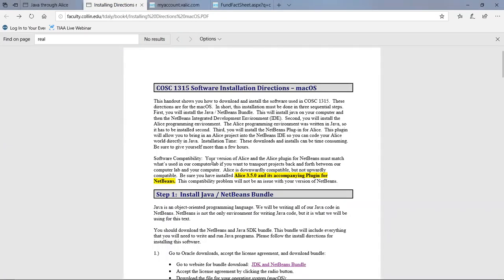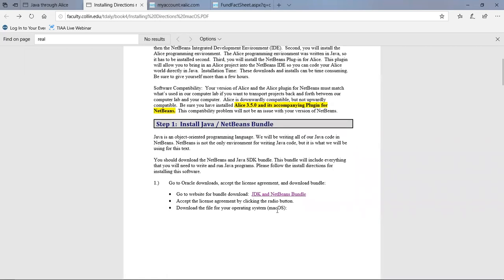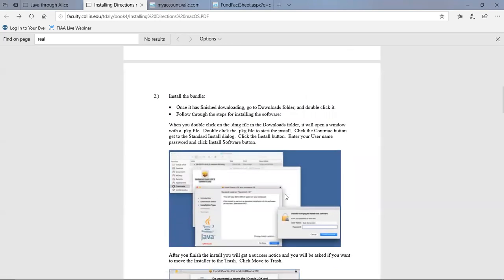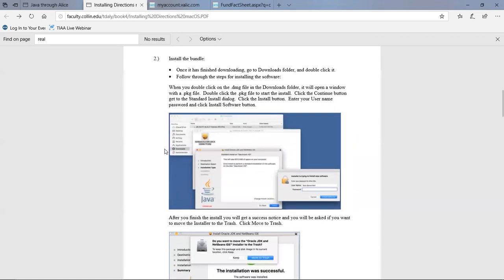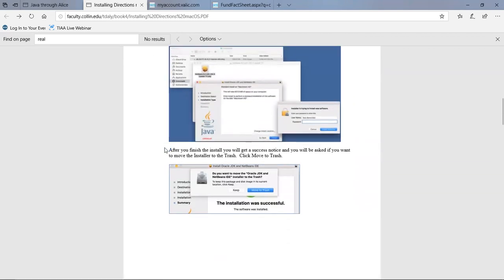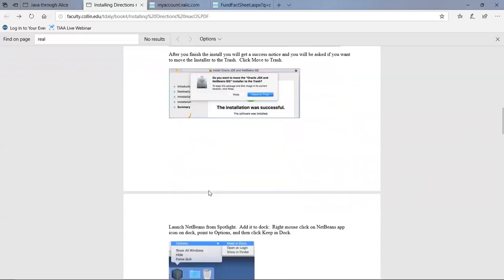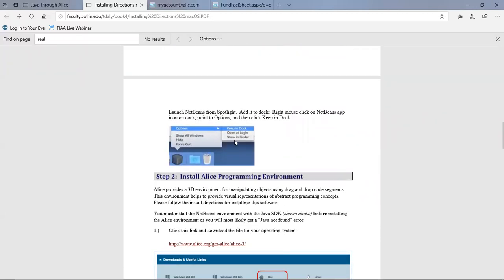For the Mac OS, again, we're going to want Alice 3.5.0. And you're going to have to go and get the bundle first. Choose the Mac one, right? After you do that, you'll have to install the bundle, and I provide you with the steps on how to do that on the Mac. Yeah, I have a Mac and a PC. So these are the screenshots of my experience. And I talk a little bit about